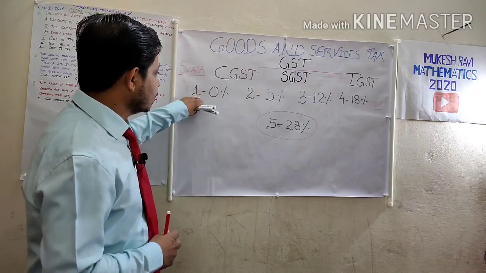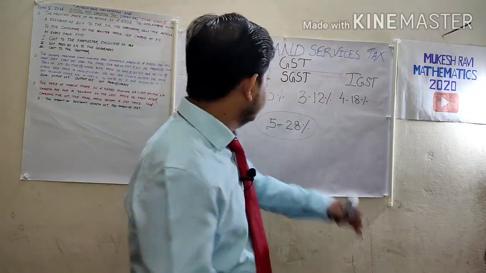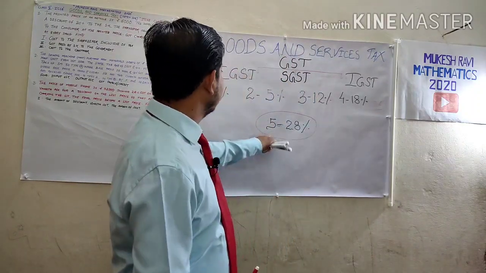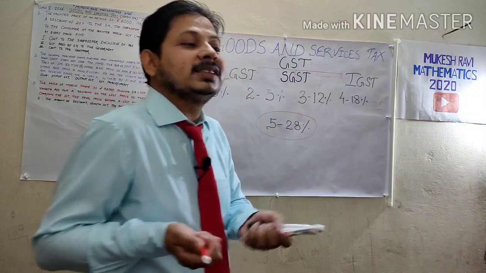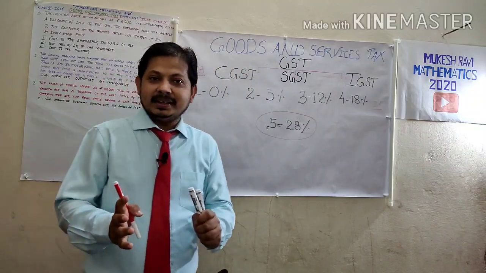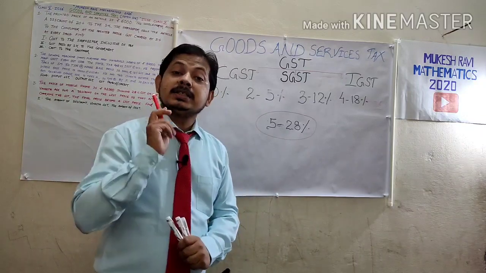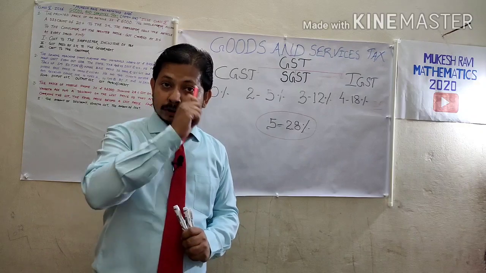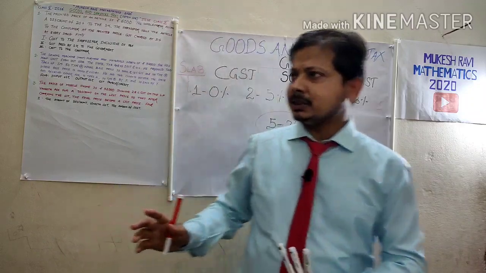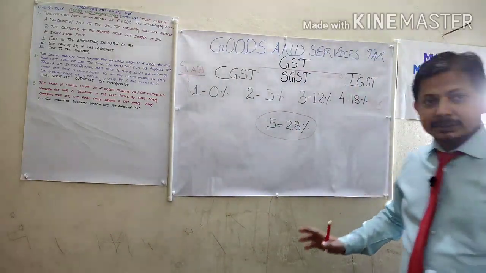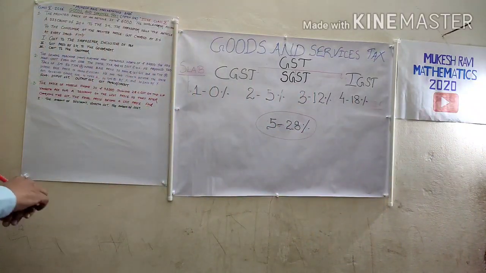This goods and service tax is divided into some parts, that is the slabs: first level, second level, third level, fourth level and fifth level. Before I go with these levels and the types of GST, I just wanted to tell you something about percentage. You will think, oh my dear, what happened? Why is Nitin sir going for the percentage? Maybe I will tell you about simple interest, profit and loss, also discount. Why? Because goods and service tax is all about calculating percentage. It's all about profit and loss. It's all about discount.